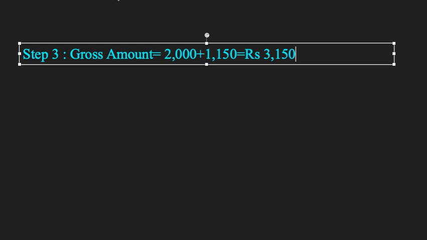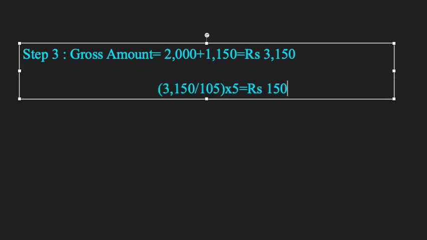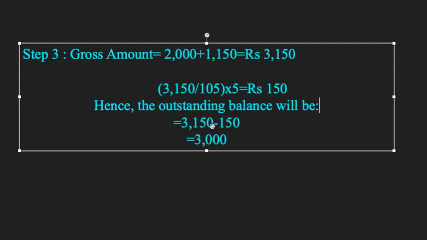The gross amount is 3150. What does it include here? This includes interest for 1 year, right? Therefore, the interest included in the first installment would be how much? So we are going to calculate that. Now if we see here, the interest amount here is, this is the gross amount, 3150 divided by 105 into 5 is how much? Rupees 150. So this 150 is the interest amount which is included in the first installment. It is included there, and hence this is the outstanding balance as on